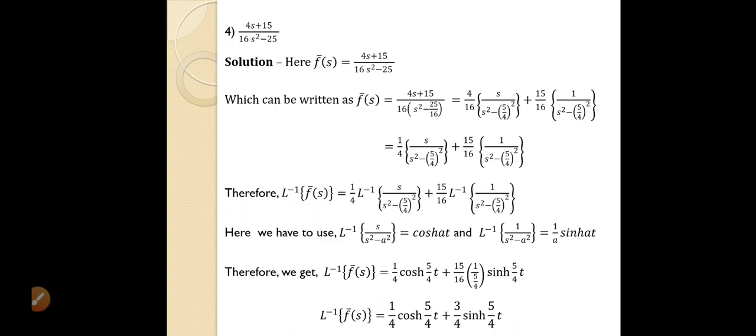Now using the method mentioned here in these 4 examples, referring to these 4 solutions, you can solve some more examples. So here I am going to give you some examples for practice. See, the question should not be find the Laplace transform, but it should be find the inverse Laplace transform. 1 upon 4s minus 5, we have solved 1 upon 4s plus 5. So only the change in sign.